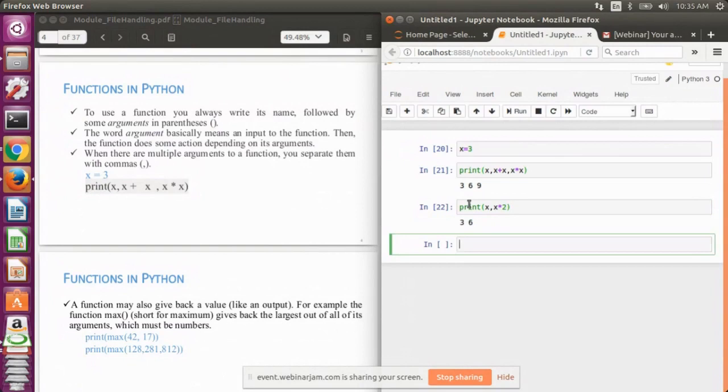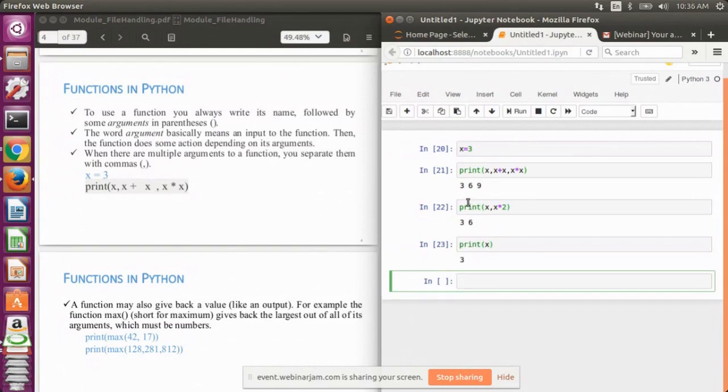So variable inputs can be passed: if we have a single argument, we pass it this way, and if we have multiple arguments, we use commas. This way of calling a function applies to any predefined function that we have in Python. Fine.